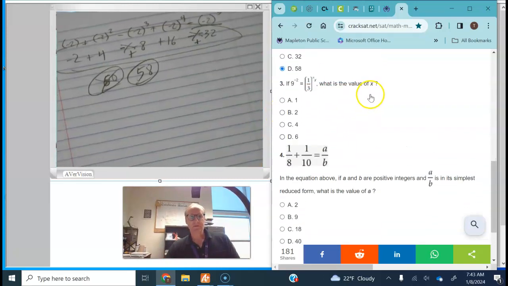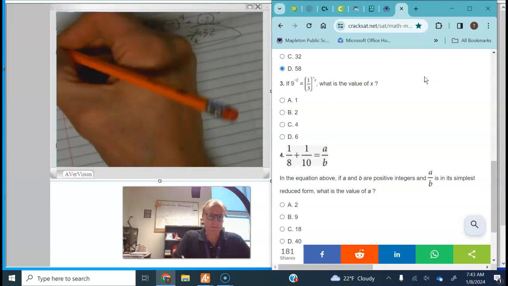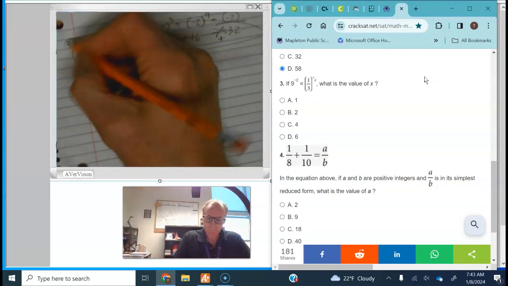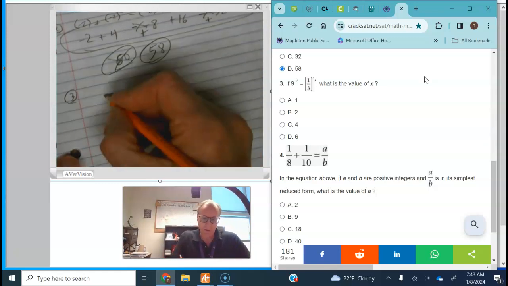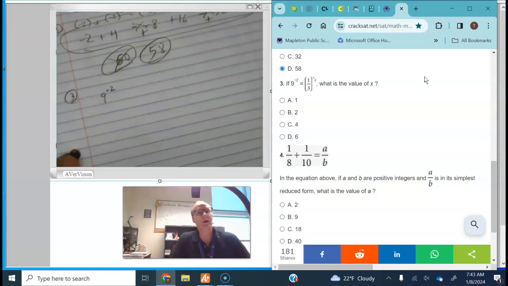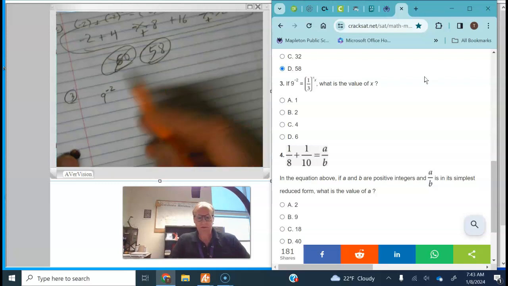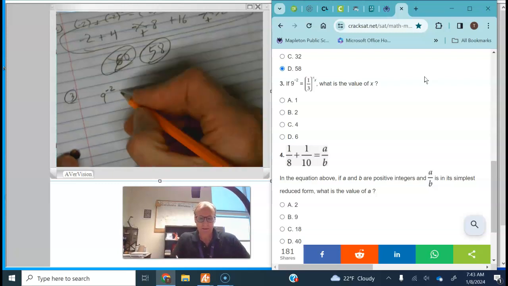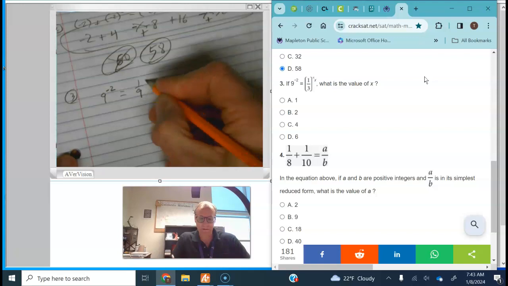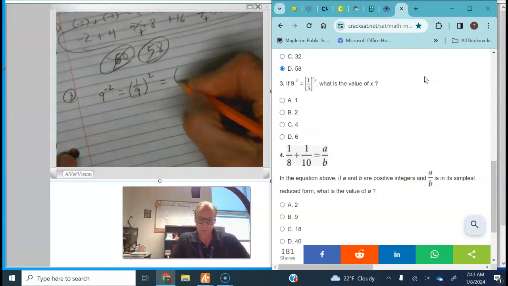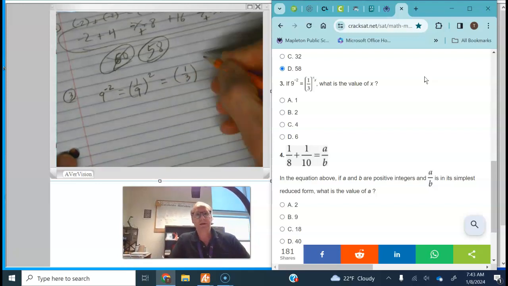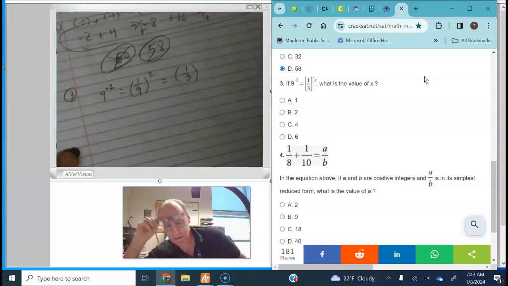All right, now this one requires number 3. This is number 2, by the way. Number 3 requires that we understand what 9 to the negative 2 power means. This means that we're going to divide by 9 twice. Another way to write that is 1/9 raised to the 2nd power. Either way means the same thing. Now this says it's equal to 1/3 raised to the, and I'm going to have to look at it a little closely,